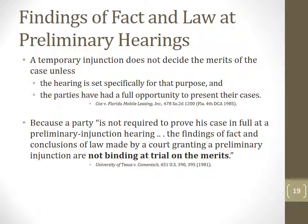At the preliminary hearings for the injunction, the court may make findings of fact and law, and the question then becomes, what are the effects of those findings? And the answer is, those findings are not binding at the trial. The reason is